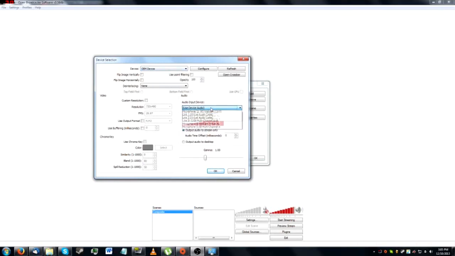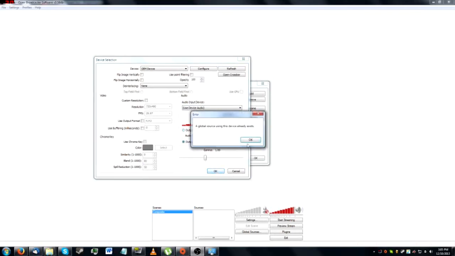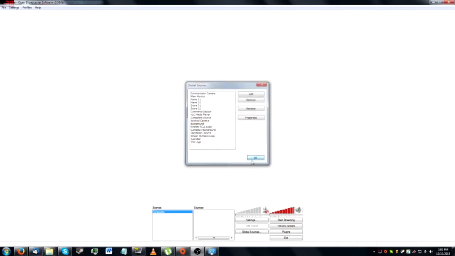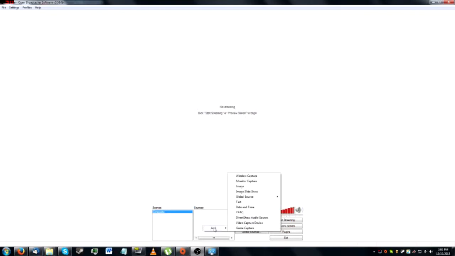This is normally on device audio, but there are other options you can use. I'll explain the pros and cons of this after we get started. So let's output the stream to desktop. Oh, right, forgot. And let's add, and then in global sources, once you're done adding it into global sources, it